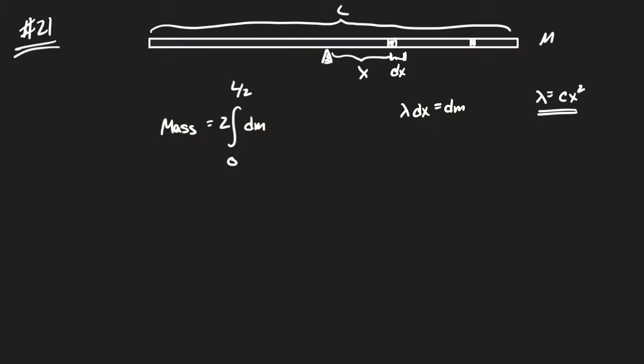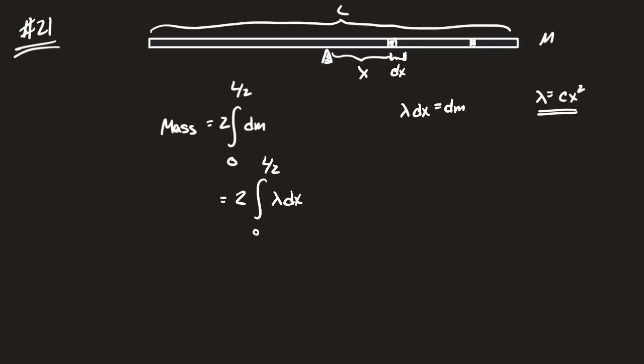So if I break this thing up into a bunch of pieces, each one of length dx, as long as I know where each piece is, I can take the value of dx and multiply by lambda and tell you what its mass is. So that's what dm will be. It is how big each piece is in length multiplied by lambda. So that part's pretty straightforward. I can write this now as 2 times the integral from 0 to L over 2